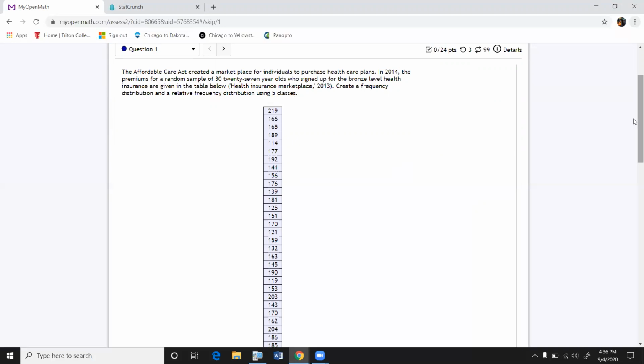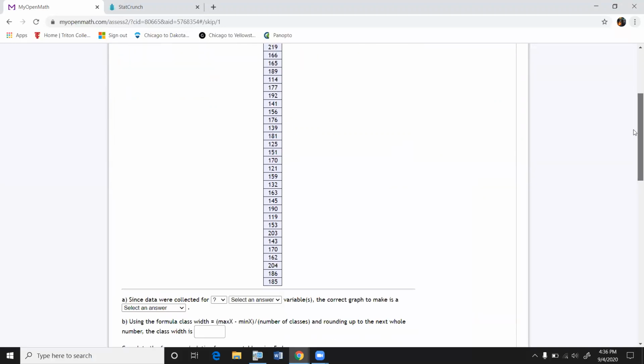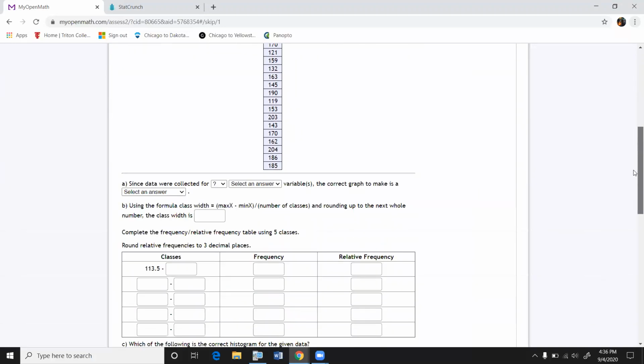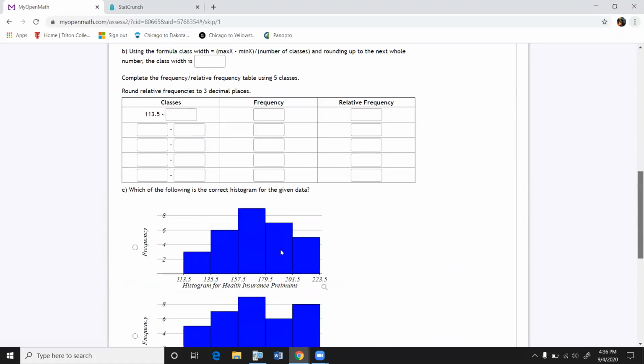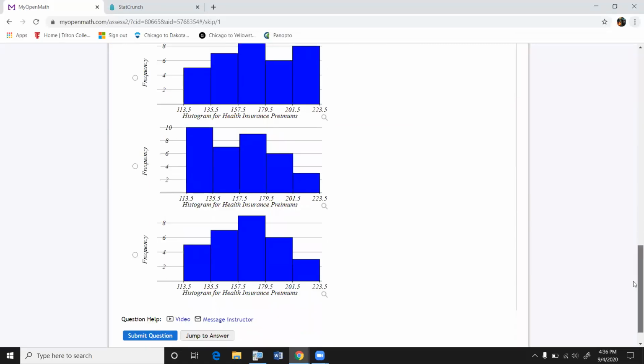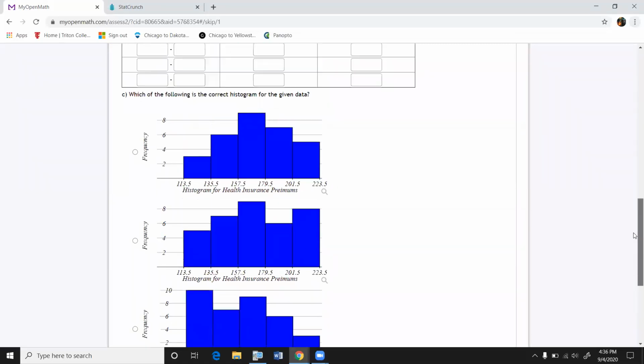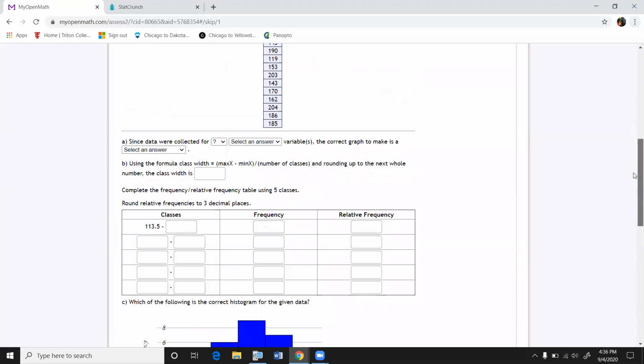We have the data given in this table, and all we have to do is create a frequency distribution, and this is what the frequency distribution is. We will need to fill in these blanks. And for the relative frequency distribution, you have to add this extra column. They give us the corresponding histograms. For the histogram, you actually have 4 different choices to pick from. We will do all of this in StatCrunch, and we will answer the questions